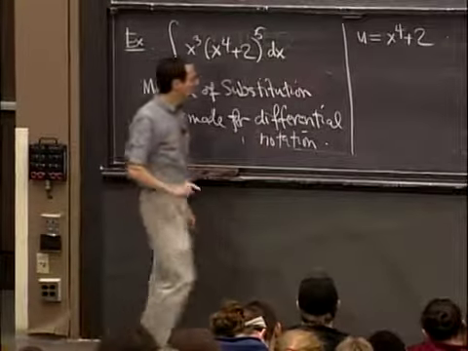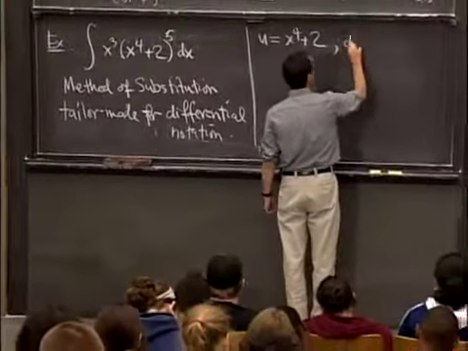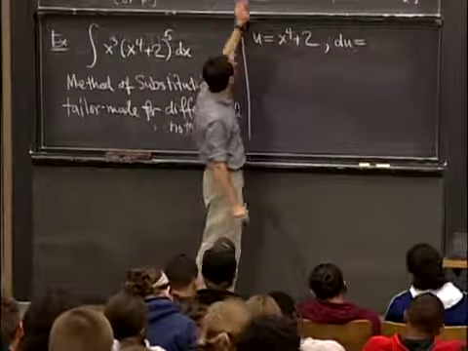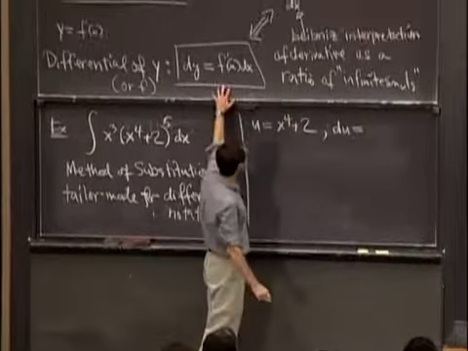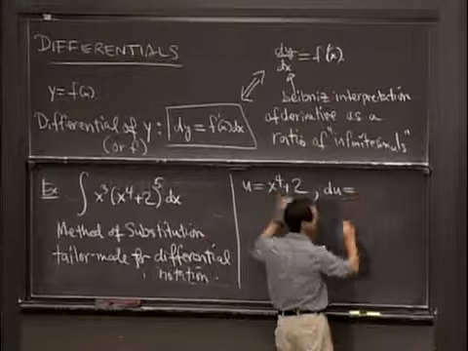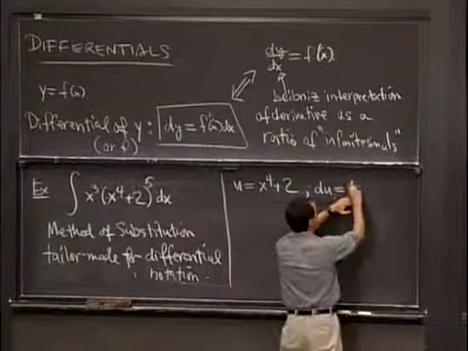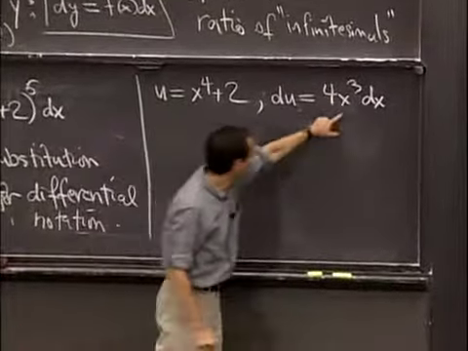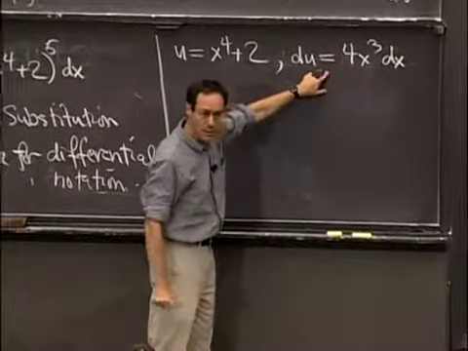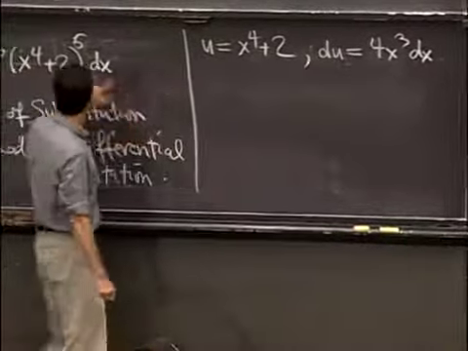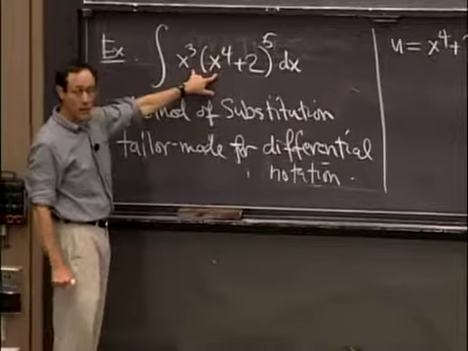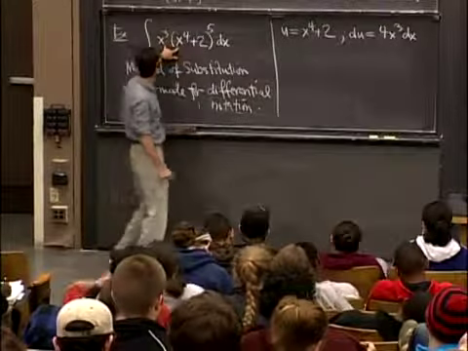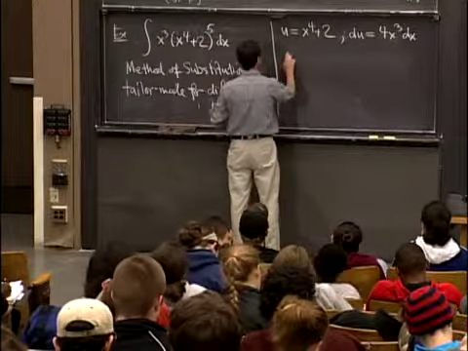And then I'm going to take its differential, and what I discover if I look at its formula, and the rule for differentials, which is right here, its formula is what? 4x cubed dx. Now, lo and behold, with these two quantities, I can substitute, I can plug in to this integral, and I will simplify it considerably. So how does that happen? Well, this integral is the same thing,